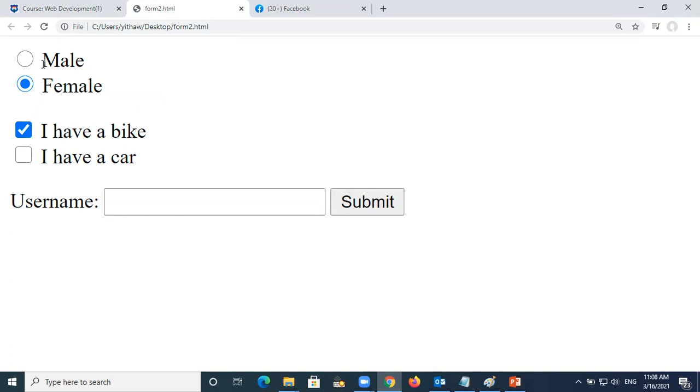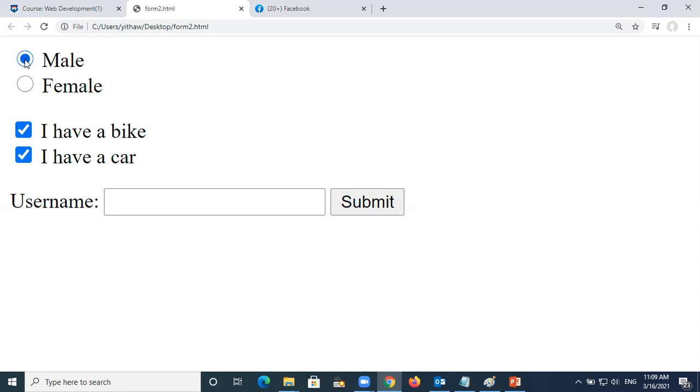So the things about this you have to know, I'm just basically explaining: for this one, the round shape is called a radio button. For this round shape, you can only click one. If you click the male, you cannot click the female. If you click the female, you cannot click the male. This is strictly only for answering one thing. But this is called the checkbox. If you have this kind of thing, you can click more than one. You can click all, no problem.